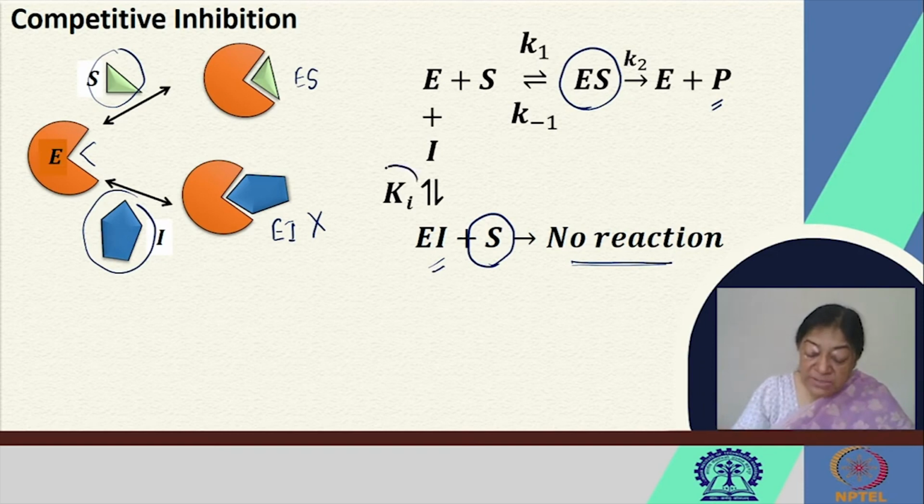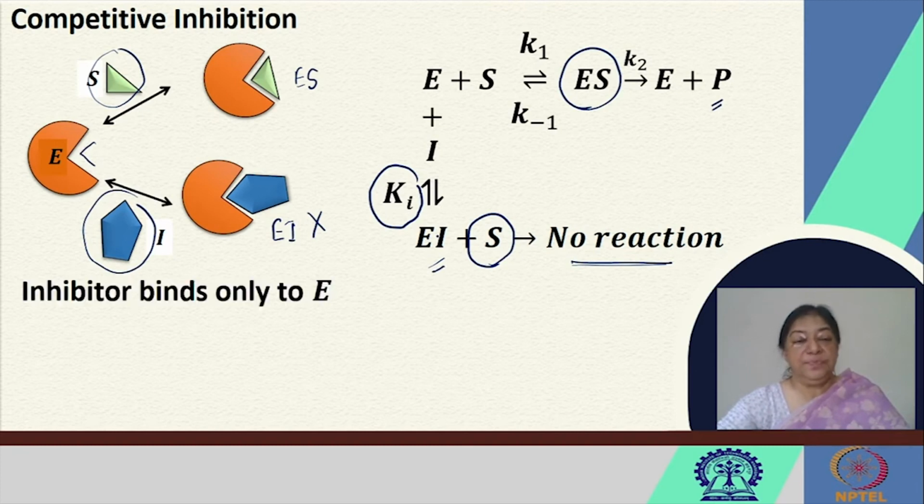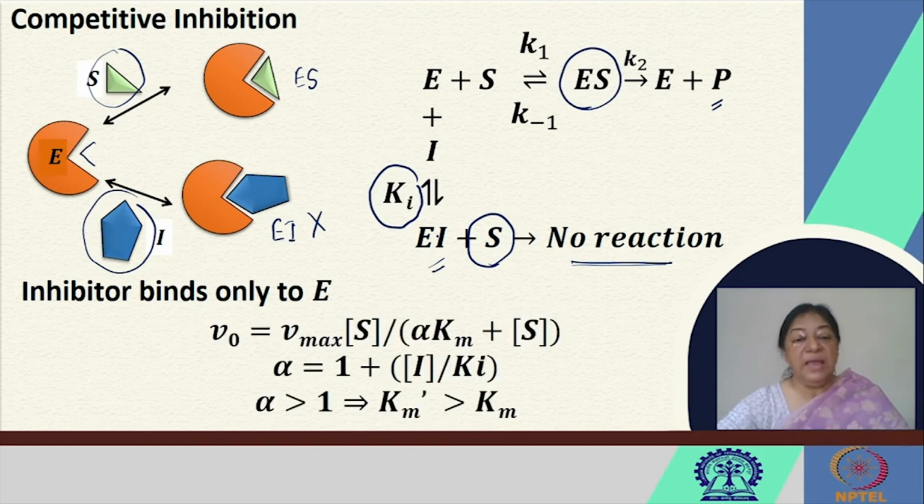What has been marked here is a value Ki that is a measure of the dissociation constant. We are looking at a dissociation constant that tells us how tight the inhibitor has bound to our enzyme. So the inhibitor in this case binds only to the enzyme, and we have expressions related to